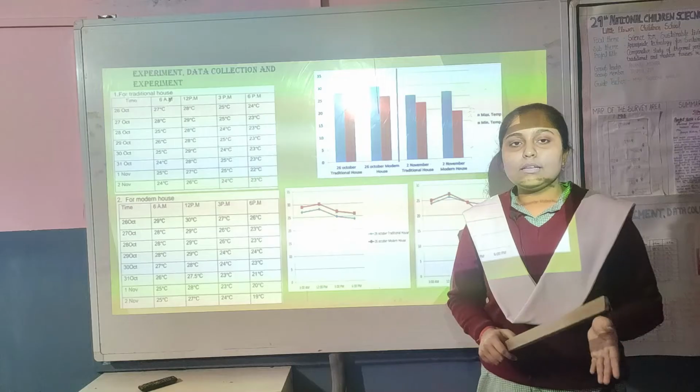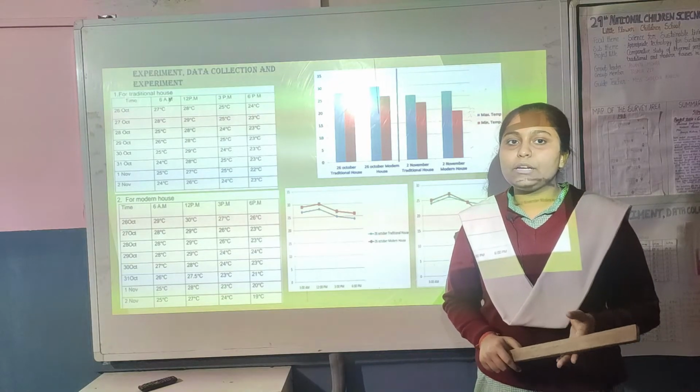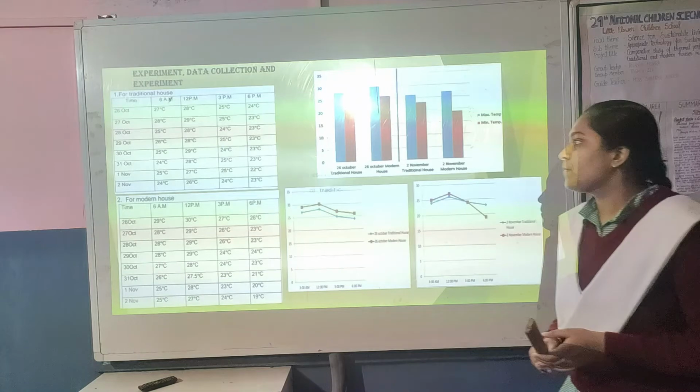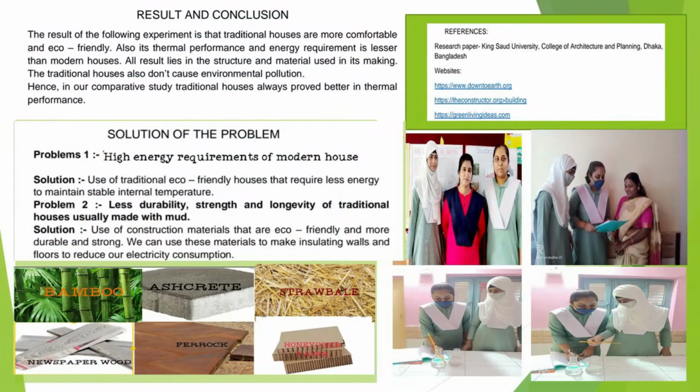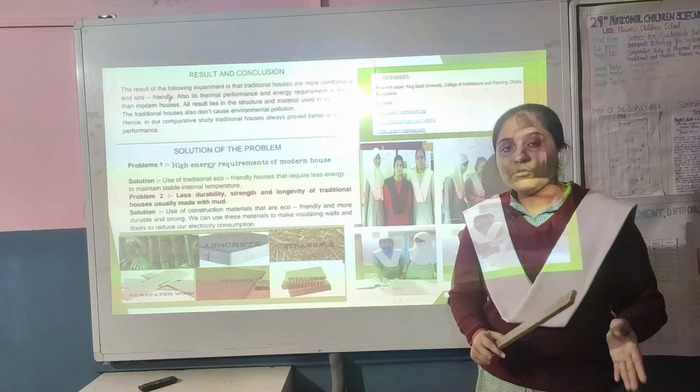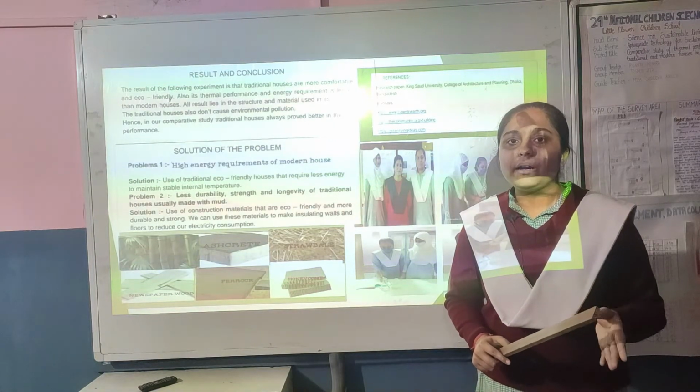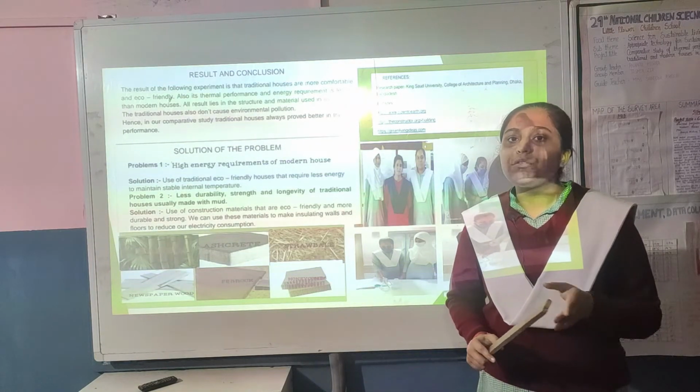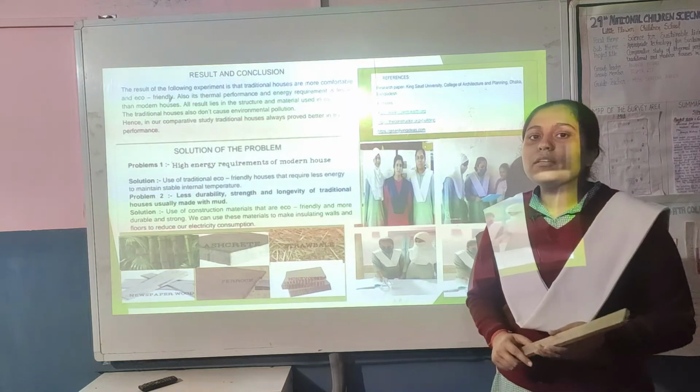So what result and conclusion we can draw from the following data, I will explain through the next slide. So this is the result and conclusion. Why do traditional houses and modern houses show different data, different temperature readings? Usually traditional houses are made with mud and cow dung and other eco-friendly materials, and there is a physical quantity